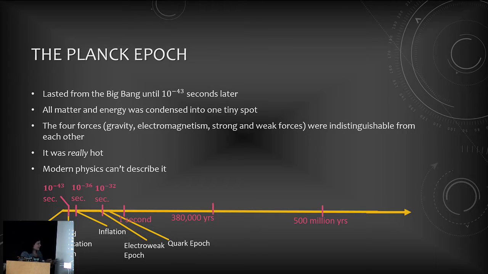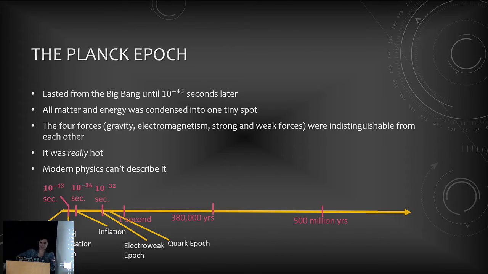The first 10 to the negative 43 seconds, a short time, of the universe's existence is called the Planck epoch. This is an era that modern physics can't really describe. And I'll explain why. So, in our universe today, we're familiar with